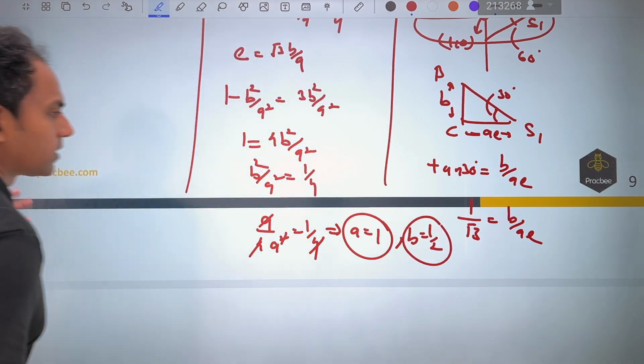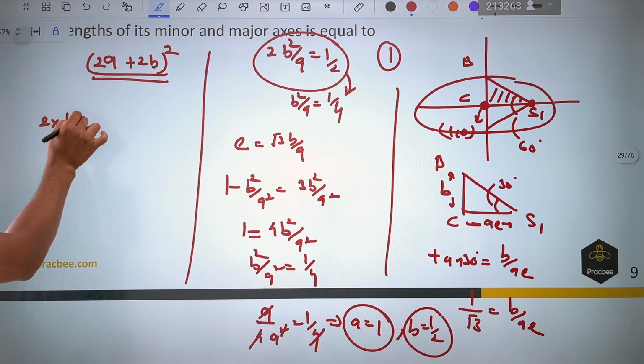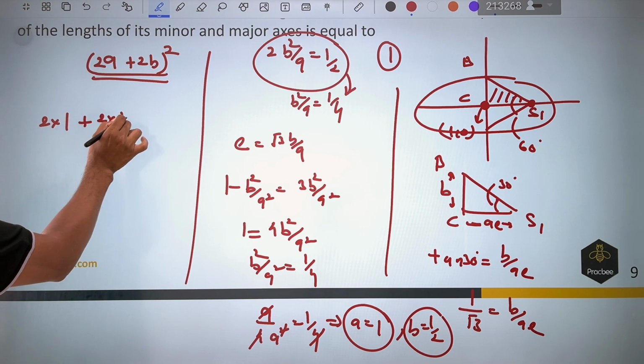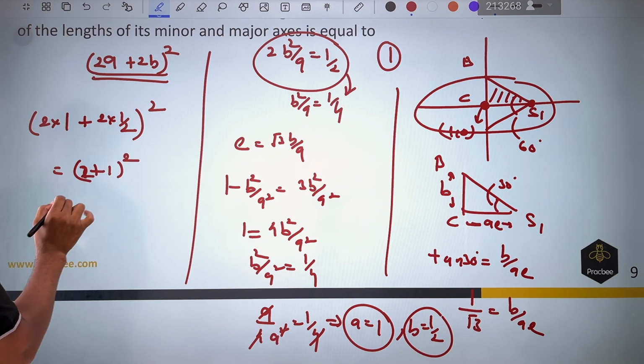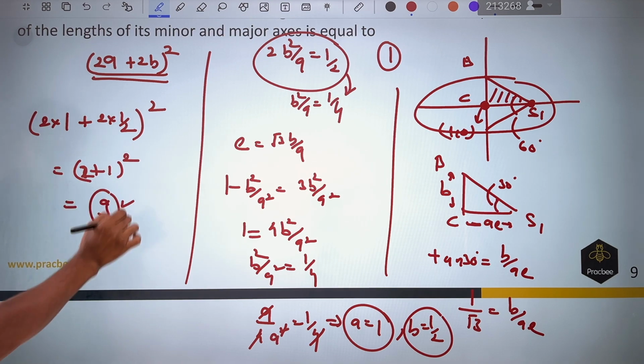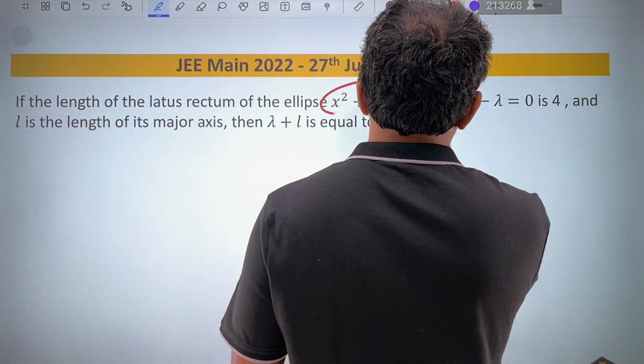Once you have this, what they're asking becomes very simple. Add them. So 1 plus 1 by 2, whole square. 2 plus 1 whole square. So this becomes 9. In this 2022 question, you can see that it has been given in a similar format